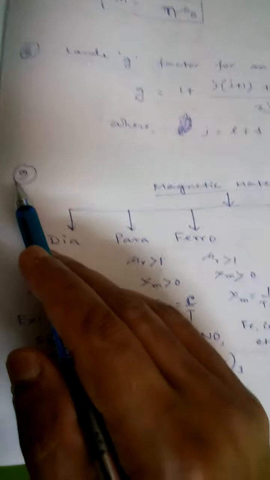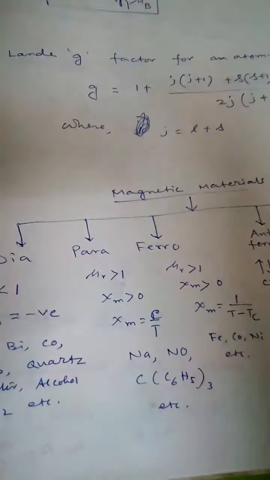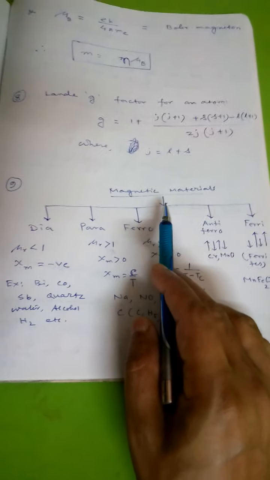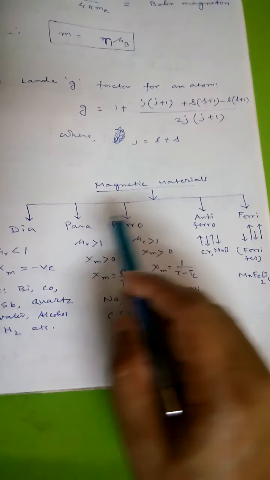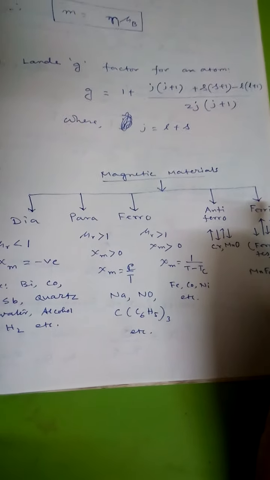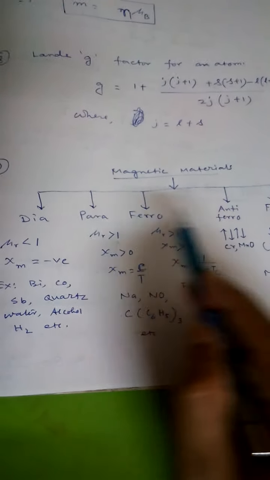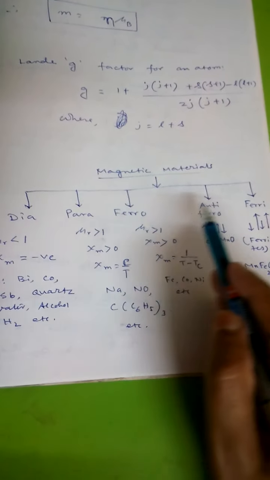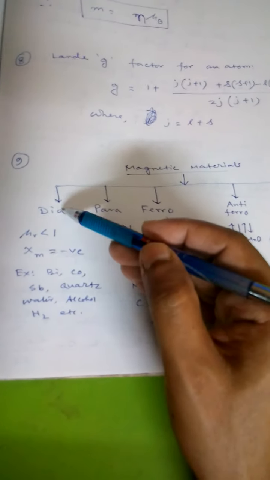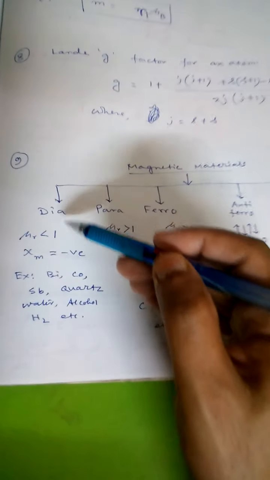So next one, point number 9, the classification of magnetic material. This is very, very important. Magnetic material can be classified as diamagnetic, paramagnetic, ferromagnetic, antiferromagnetic and ferrimagnetic material. There are 5 classifications of magnetic material, and their respective properties are mentioned